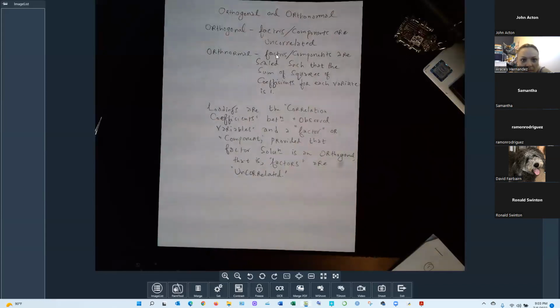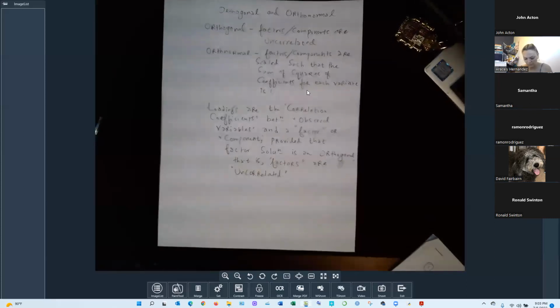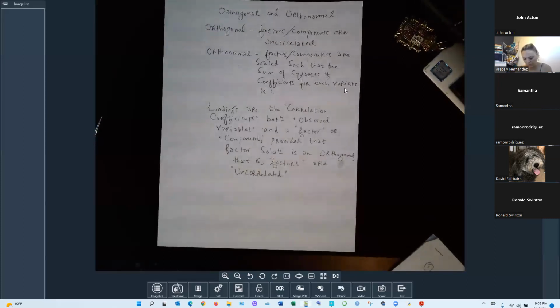Then orthonormal means factors or components are scaled such that the sum of squares of the coefficients for each variable is 1. Orthogonal means factors or components are uncorrelated. Orthonormal means these components are scaled. We can scale them, we're going to do that down the road. We're going to scale in such a way that the sum of squares of coefficients